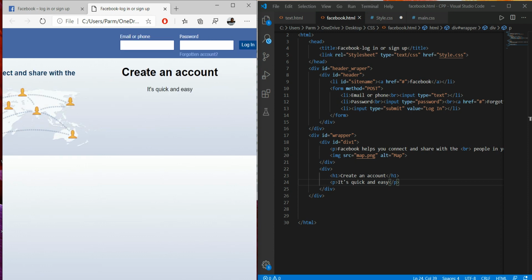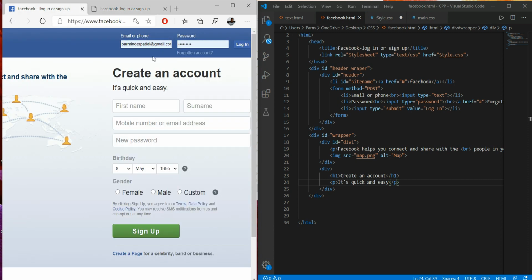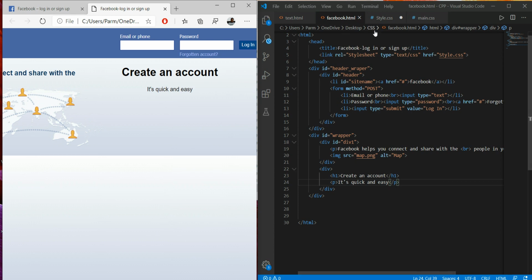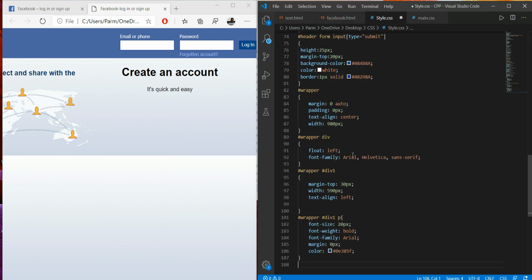Okay, so if we see here the space, and then font and style over here. So for this we have to go to the CSS file, and here we start writing this section.